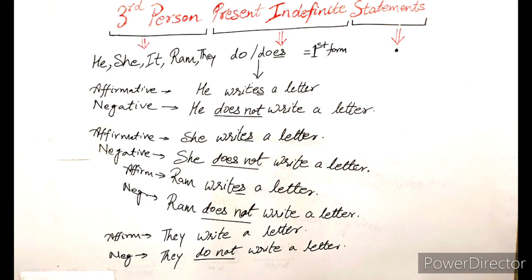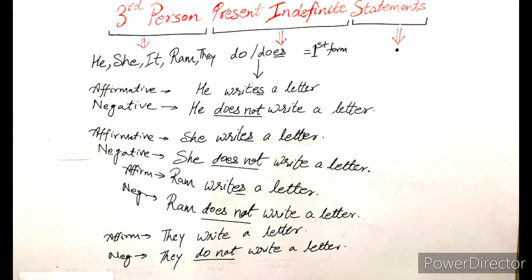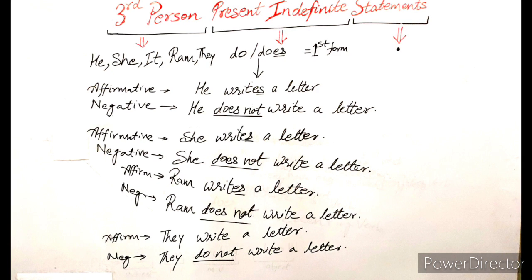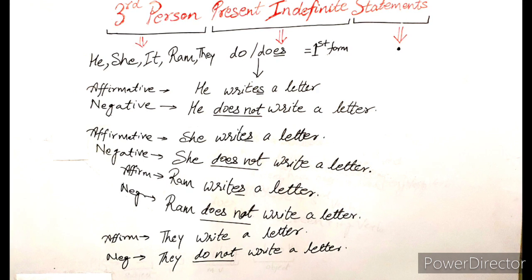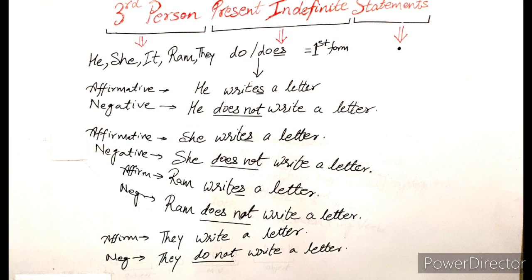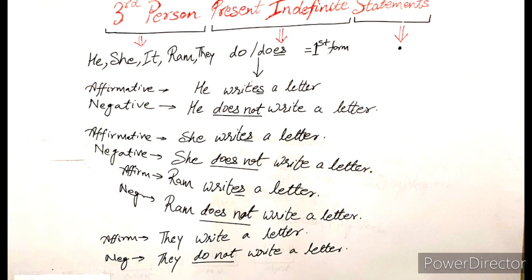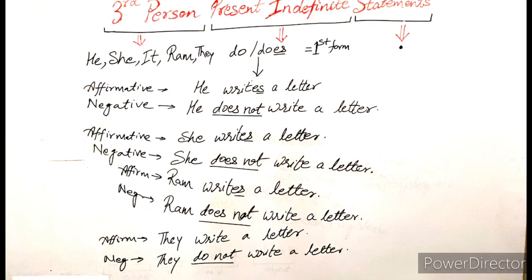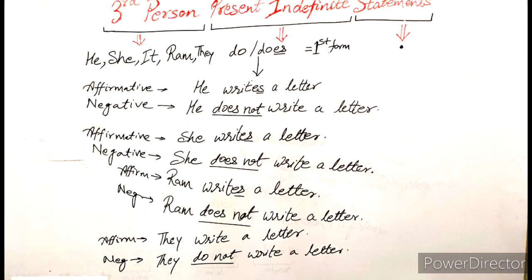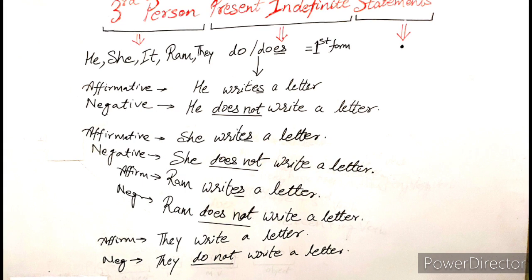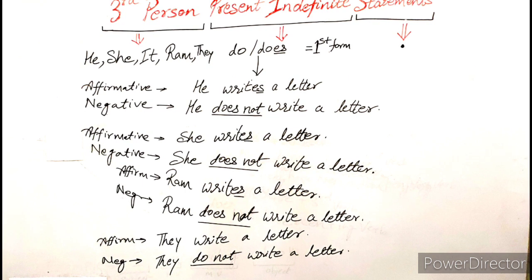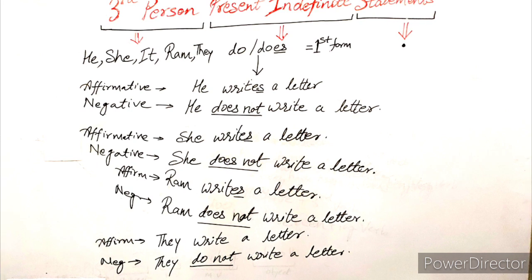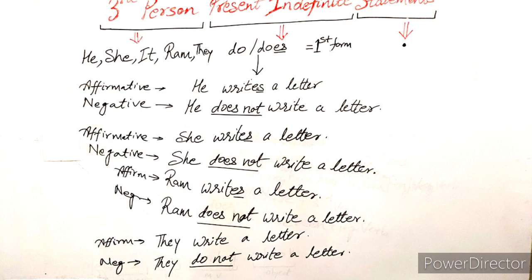See the whiteboard and understand this, that singular helping verb in present indefinite is does. That means a do with an es at the end. So all the verbs which have s or es at the end are considered singular first form of the verbs. Now, while making a negative sentence, when using a singular pronoun, does comes in front, and we use the main verb form without s or es. For example, he does not write an article.